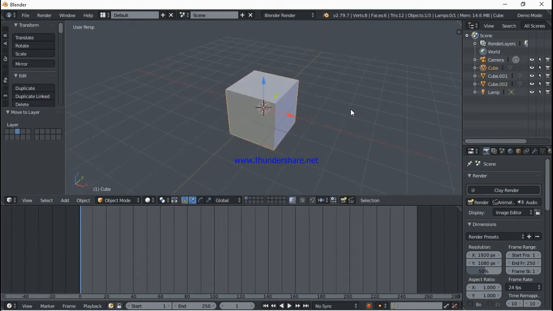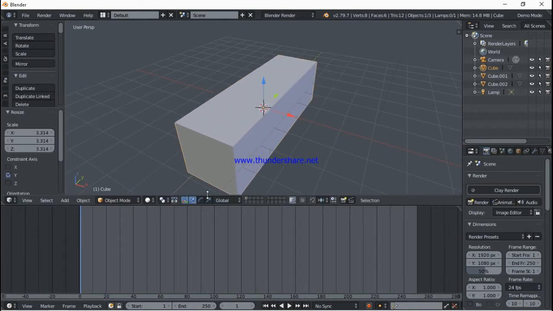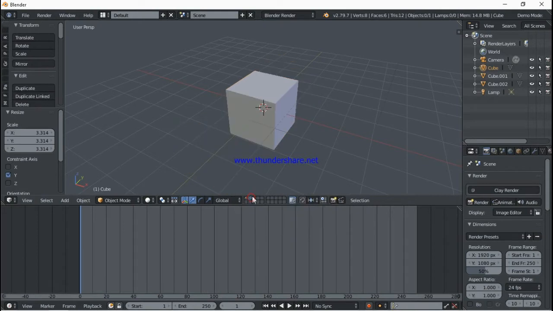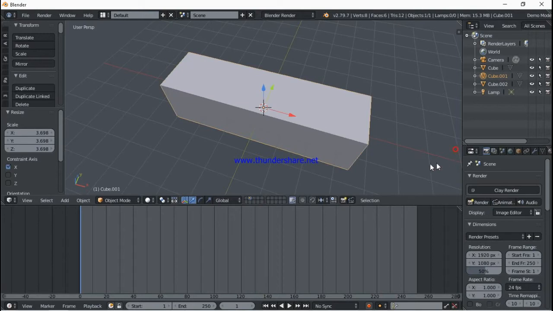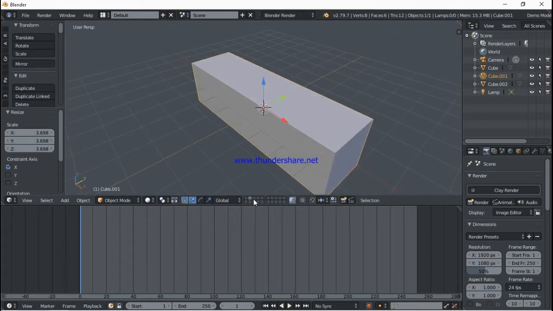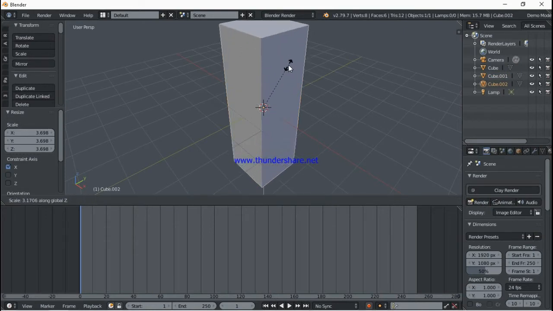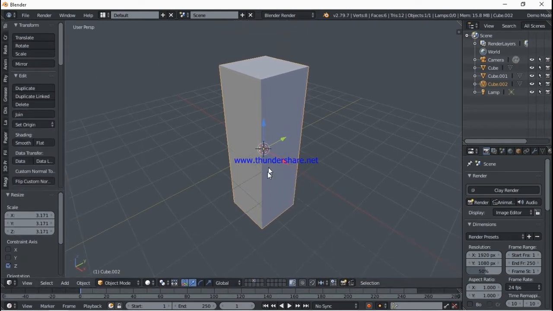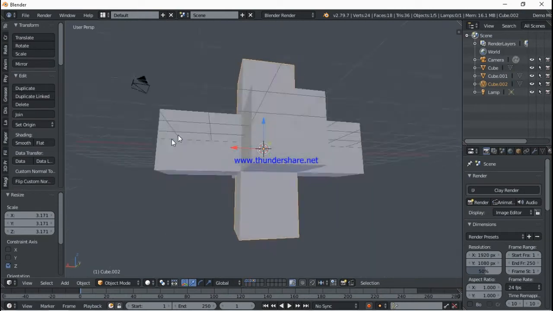Then let's scale our cube on the Y axis like that. Then let's click the middle layer and scale our cube on the X like that. Then let's go to our last layer, click it, and scale it on the Z like that. Okay, I'm going to reduce my timeline view there. Now when you press Shift on your keyboard and click all of these, you see we have something that